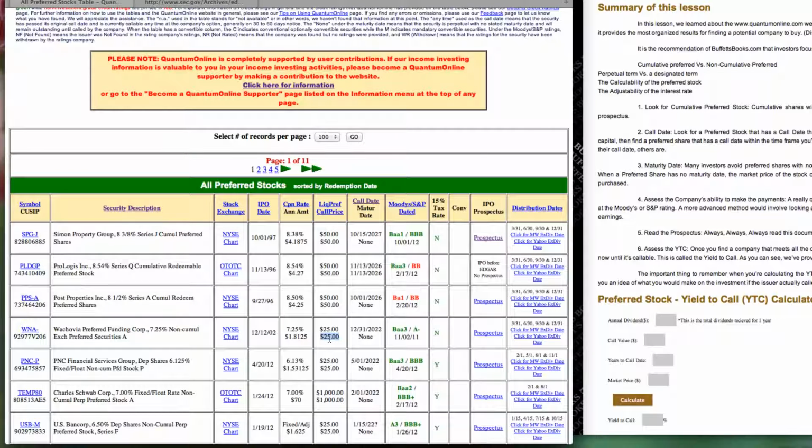Okay? Now the maturity date. Okay, if you remember with bonds, the maturity date is typically when you would receive that call price or the par value of a bond, you'd receive that back. But on a lot of preferred shares, you'll see that there's none listed, meaning that that preferred share can stay out there forever. If Wachovia wanted it to stay out there, they could keep it out there for as long as they want. So with a non-cumulative preferred share, technically speaking, Wachovia could issue these preferred shares, never make a dividend payment, and just keep those preferred shares out there for as long as they want and not make one